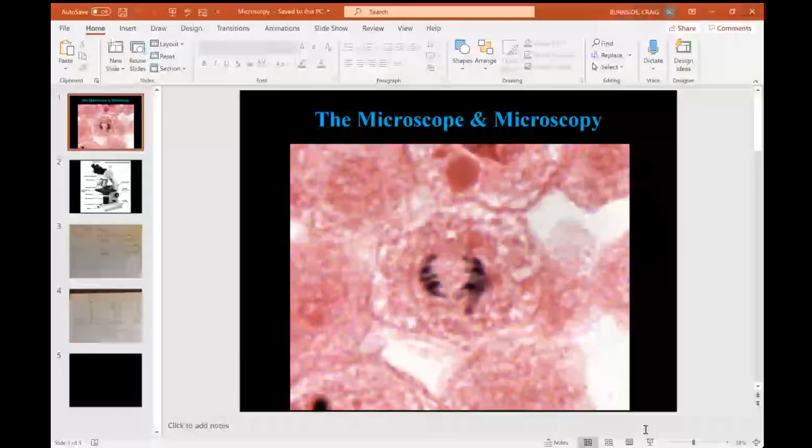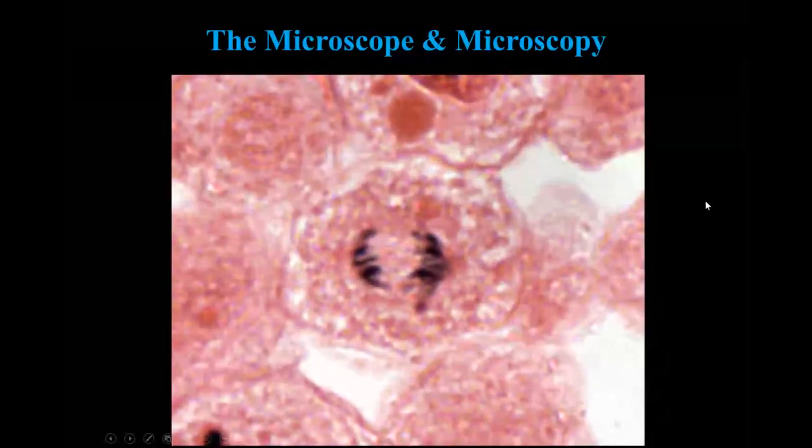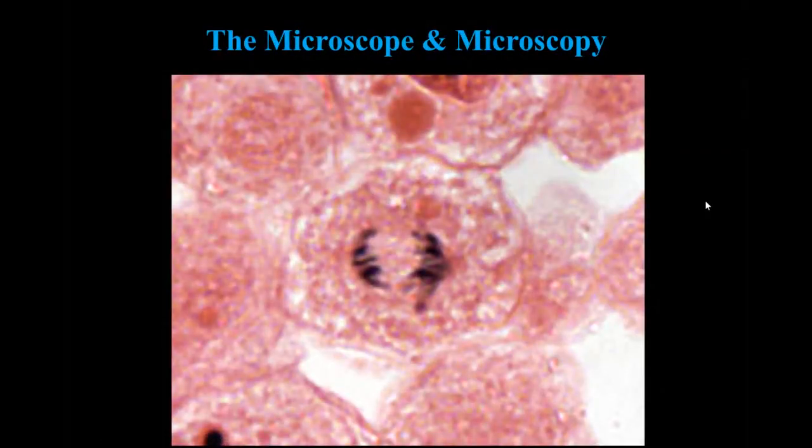Let us continue our study of anatomy and anatomical skills by making you experts on microscopy, which is going to be a little difficult without your hands on a microscope. You might open up your lab manual and look for the diagram of a microscope, and I'm going to go over that. Then I'm going to talk about how to calculate what magnification the microscope is set for and what that means. And then I am going to talk to you about some